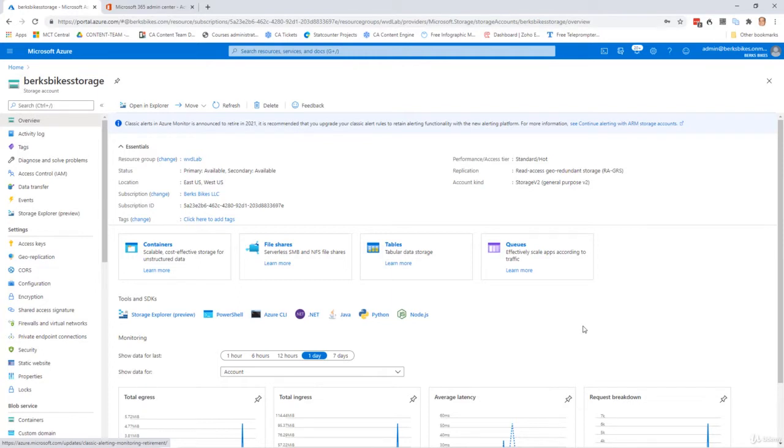What we're going to do here is create the file share that will be used to store our user profile virtual disks. Now on the screen, I'm logged into the Azure portal and I'm at the overview page for my Burks Bikes storage account. To create a file share for our deployment, what we're going to do here is in